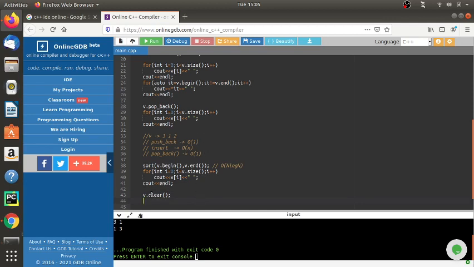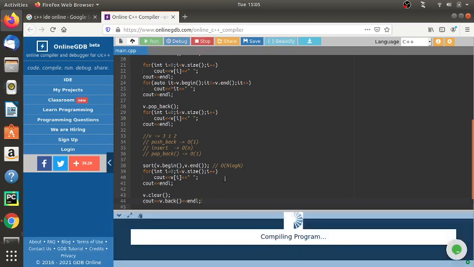The main functions you can use are push_back, pop_back, insert. You can use sort over the vector, and to check the last element we can print it directly using v.back(). The back will just point to the last element. Here is the 3, so v.back() will contain just 3. Oh sorry, I just cleared the vector before printing.